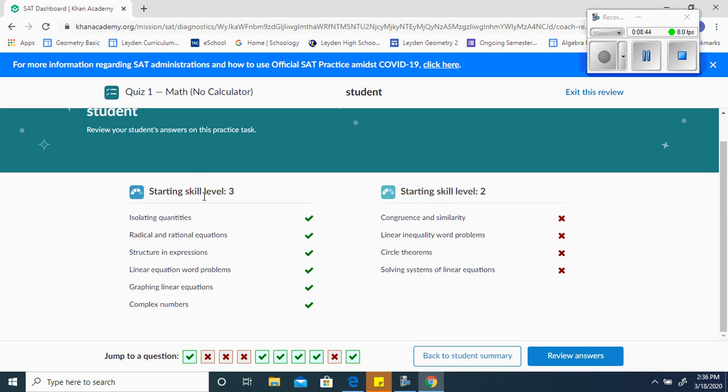It tells you these are the skill levels that you got. You did great here. These are what you need to work on: congruence and similarity, linear inequality word problems, circle theorems, solving systems of linear equations. Now you can do more than one, I suggest, but what I'm going to be checking for is that if I got all 4 of these wrong, I have to pick one of them. If I got 4, I'd probably do 2, to be honest with you. But I'm going to pick 1 or 2 to come back